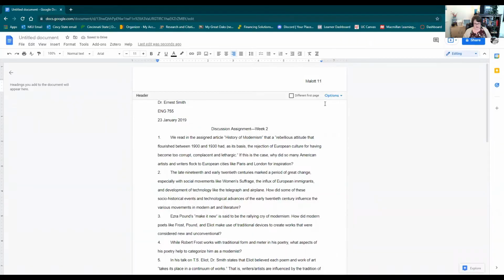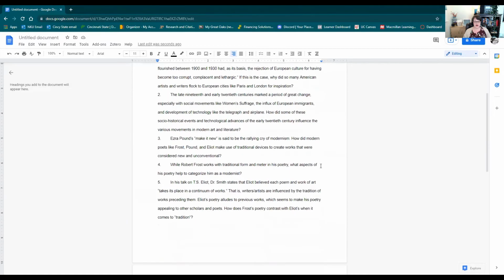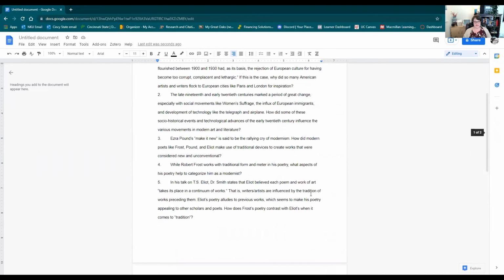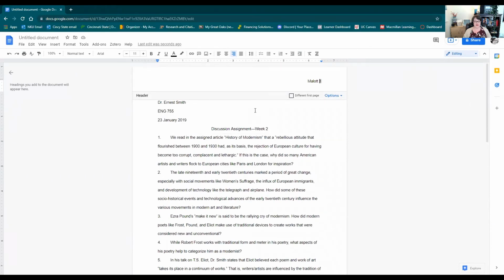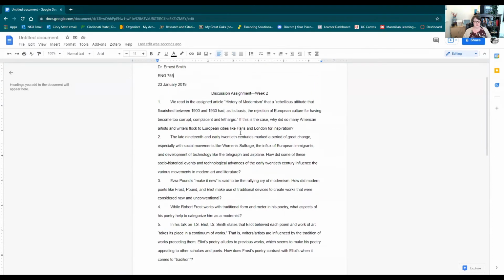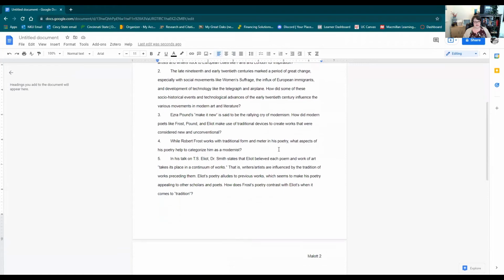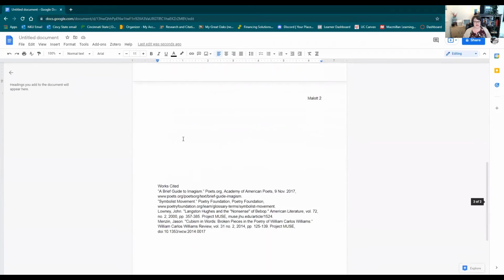So I need to get rid of that one. This way, when you do it this way and not type the one in there, you will have automatic page numbers. See how the page number has been done automatically? There we go. And then you just click in the body of your paper to get back out of that. So I have my heading is correct, date is correct, my title is centered, everything is double spaced, but I